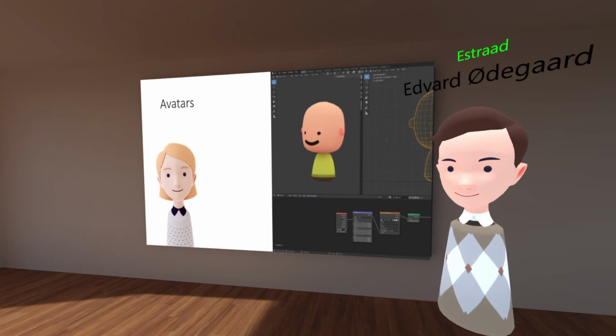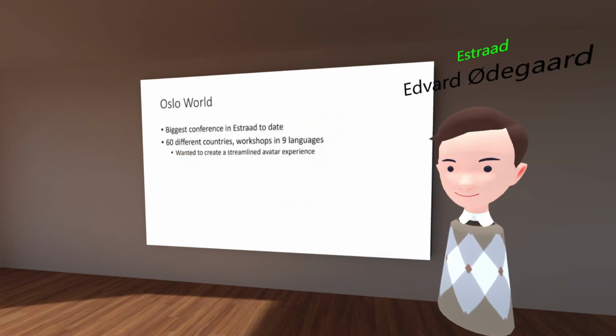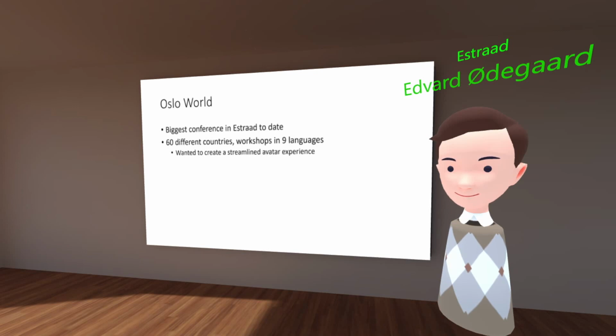One of our biggest events was Oslo World, where we tried to combine a lot of the different events we did in the past. Previously we did an event with a payment service that was written in Django and Stripe, and it created accounts and had rooms